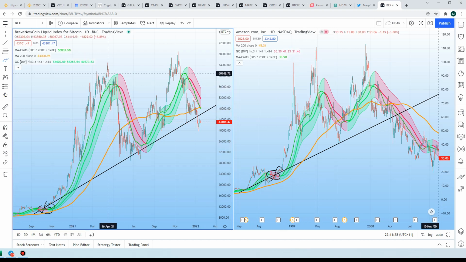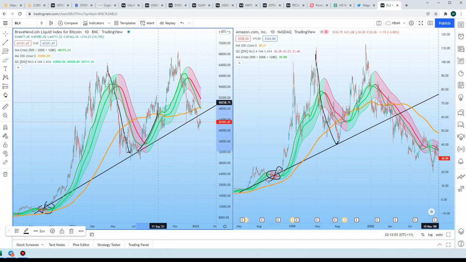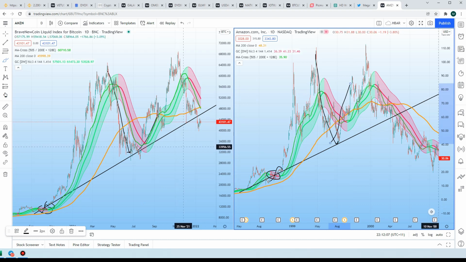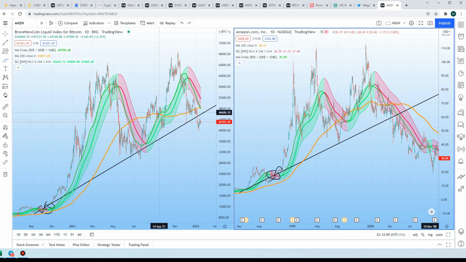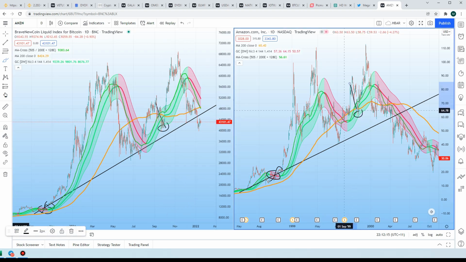Anyway, after that, we saw a significant drop for both coins. We saw a significant drop for Bitcoin and we saw a significant drop in the Amazon stock. Where did it come down to? Well, it actually came down to retest that same trend line it formed about six months prior on both charts. So it retested that trend line underneath the Gaussian channel, breaking the 200-day moving average, breaking the 50 SMA and going all the way to the bottom, retesting, finding support, eventually pushing back through the Gaussian channel, pushing back through the 50 SMA and the 200 moving average, only to drop back down and retest the bottom of that Gaussian channel, which we saw happen here on our Bitcoin,